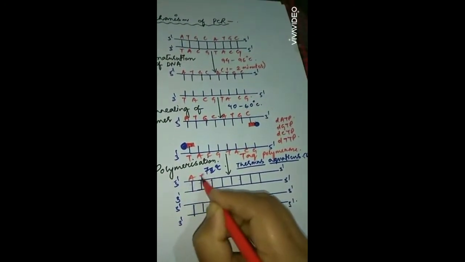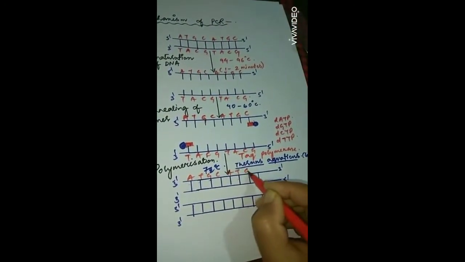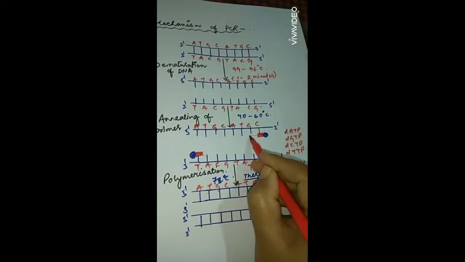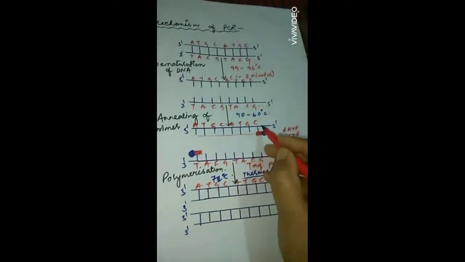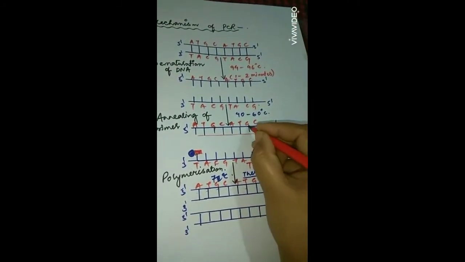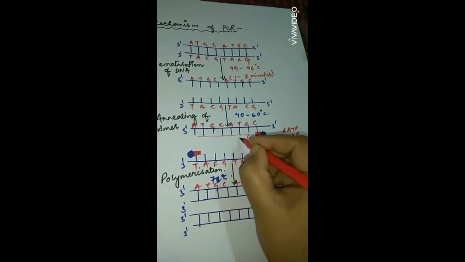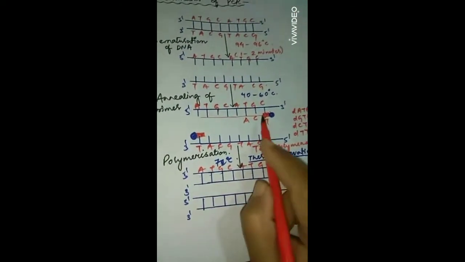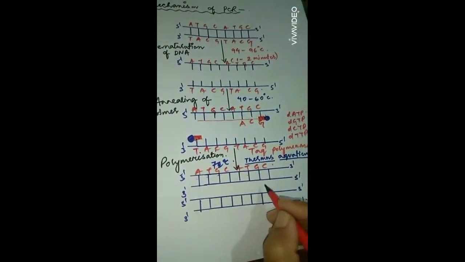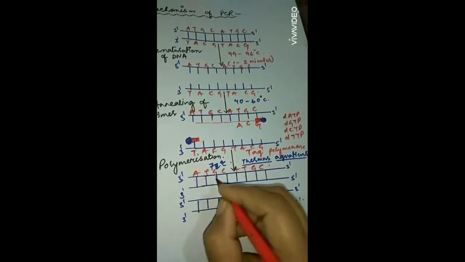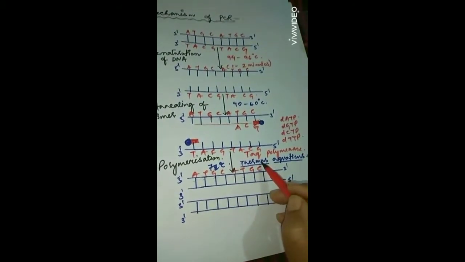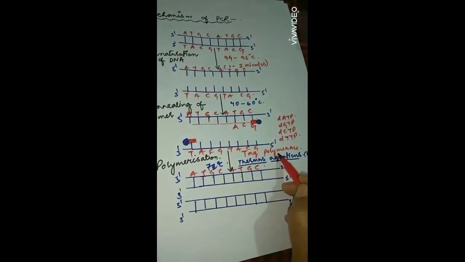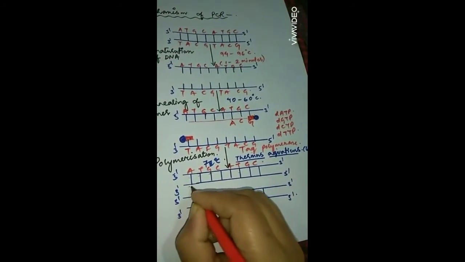So here it will start making the DNA strand from this 3' side, and here the deoxyribonucleotide G will be added with C, here C will be added with G, here the polymerase will add A with T. So in that way, extension of these two single-stranded DNA will take place from the 3' side, and at last after polymerization by the Taq polymerase enzyme, we will get